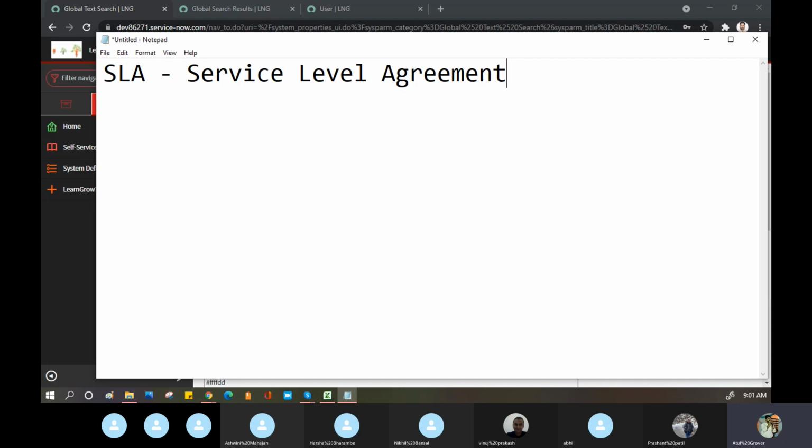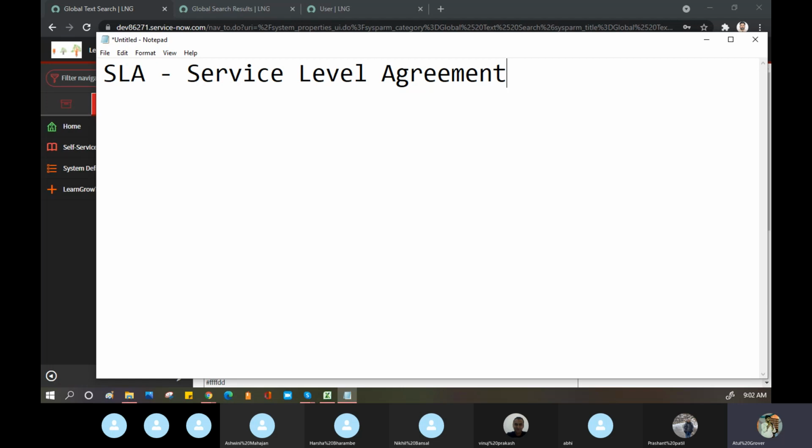Tanvi gets a message: hello Miss Tanvi, this product will be delivered at your doorstep in 5 working days. Or, because you already placed the order, you get the exact date: this product will be delivered by 25th of July. So that 5 days is basically the SLA between the e-commerce website and the seller to deliver the product at your doorstep.